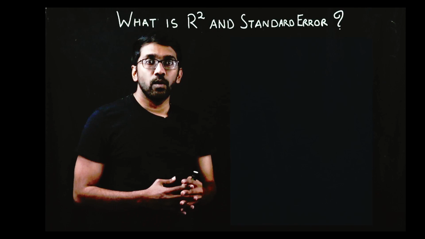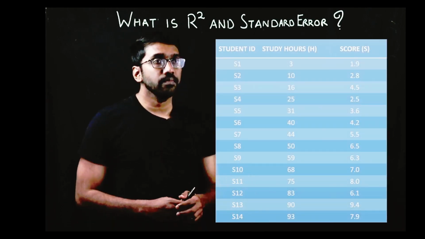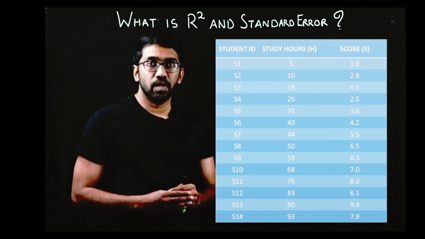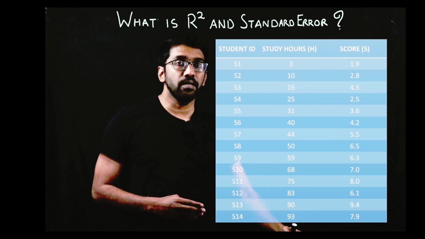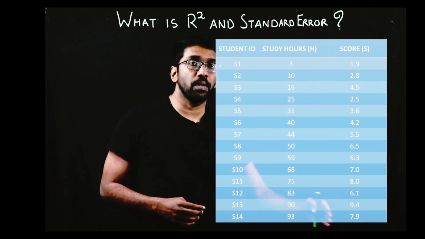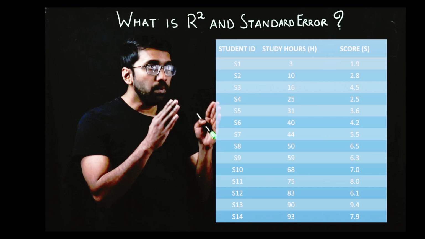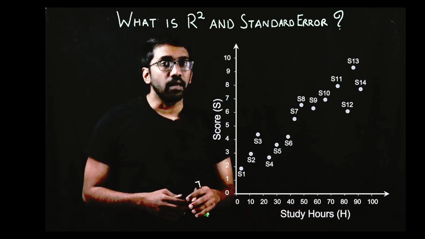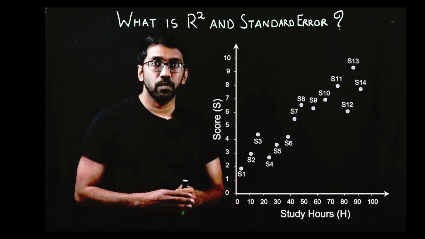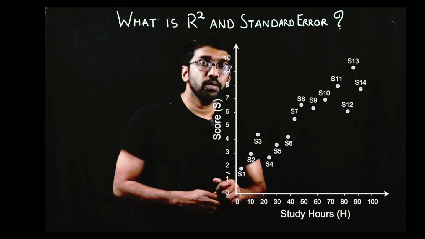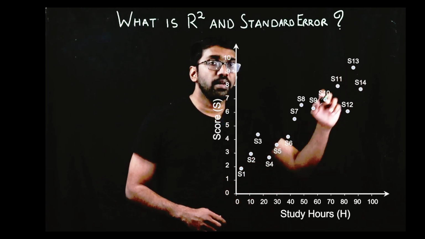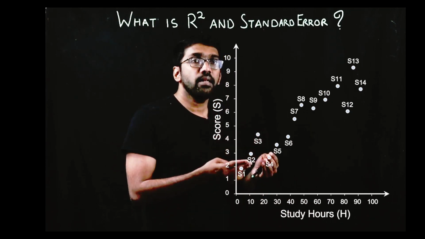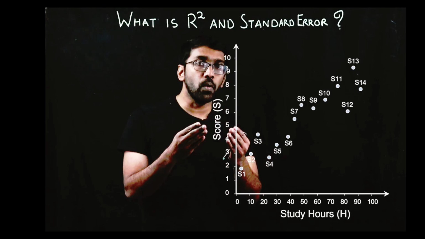So to start with, let us look at this particular example. Here we have data for 14 students who participated in a particular exam, and we have the information about the study hours that students spent and also the score that the individual students obtained for the particular exam. Looking at the table itself, you can see that there is a linear relationship underlying. Let us try to make it more clear by plotting it onto a 2D plane or a 2D space. In this space, you can clearly see that there is a linear relationship that exists between study hours and the score. This means that we can build a linear model that allows us to predict the score based on